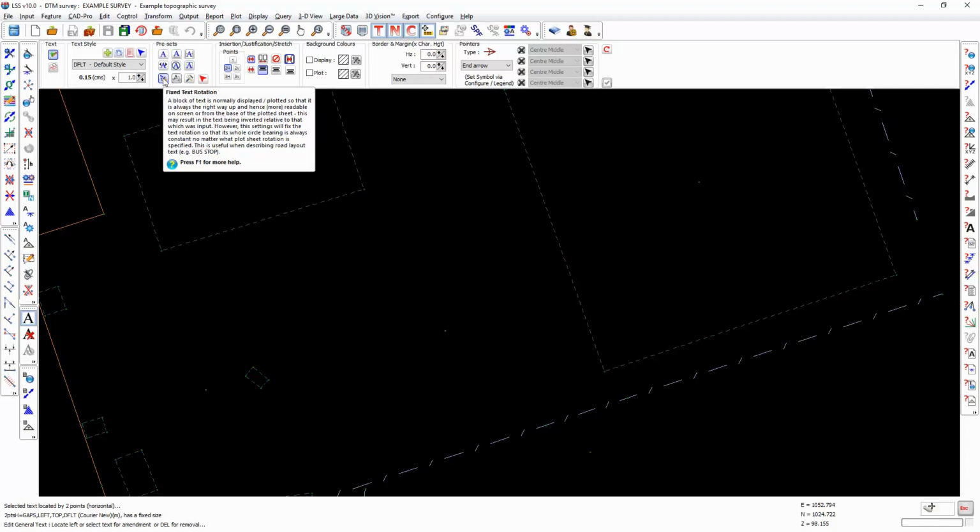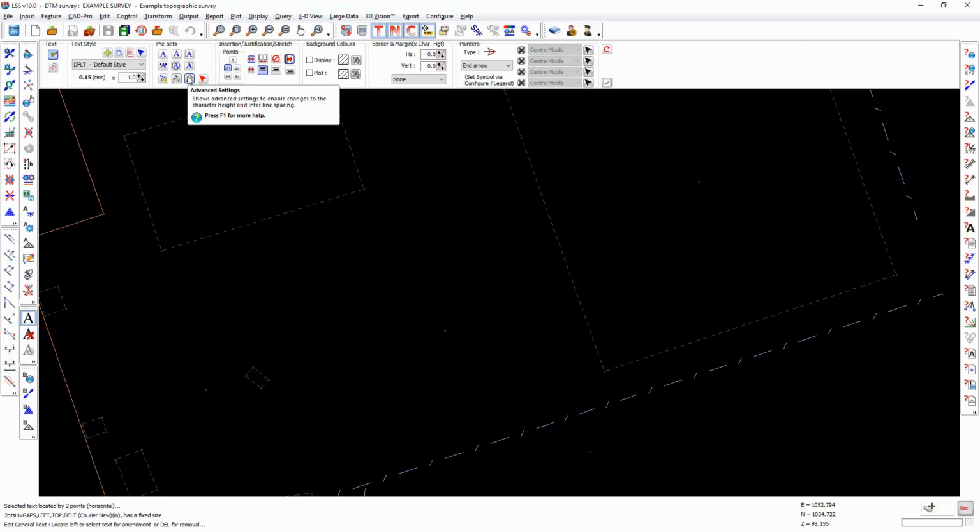We can fix the rotation of text. What that means is that if you place some text on the screen and then rotate it so that it is effectively upside down, what LSS will normally do is flip the text so it is nominally readable from the bottom of the screen. By fixing the rotation, it will be drawn upside down if that's what you want it to do. We have a number of advanced settings, and we have the ability to define the preset points for